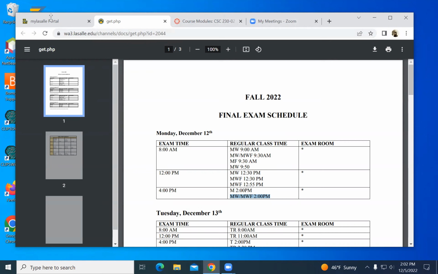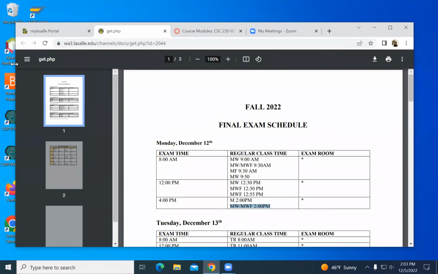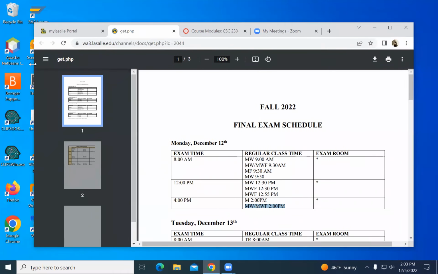So there's no new homework, no new lab this week. I would like to give you a week here so you have time to get things done.